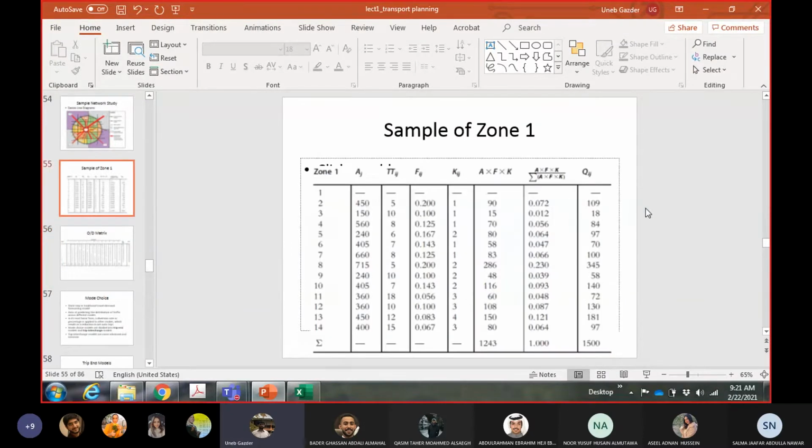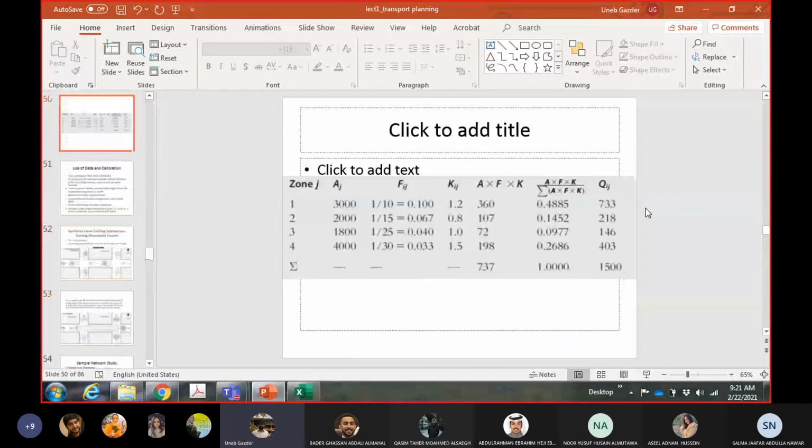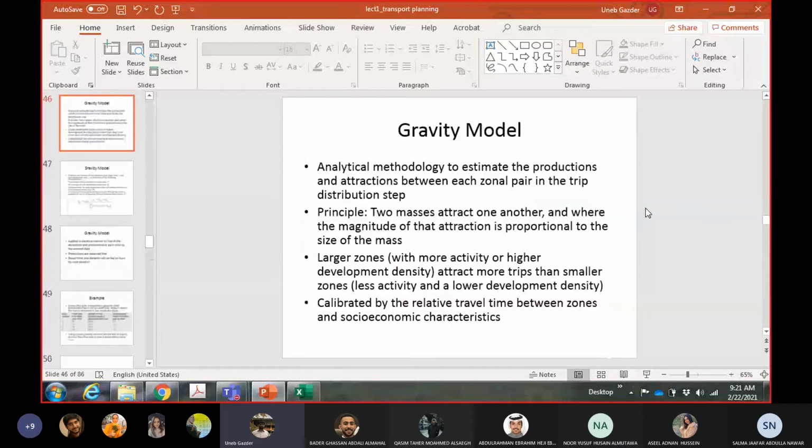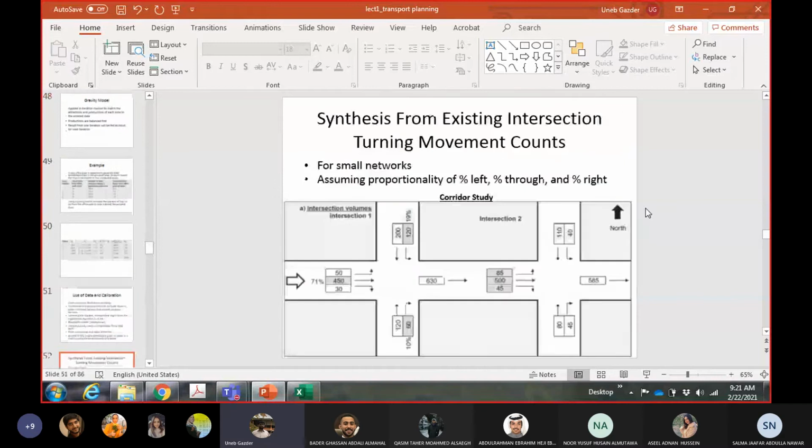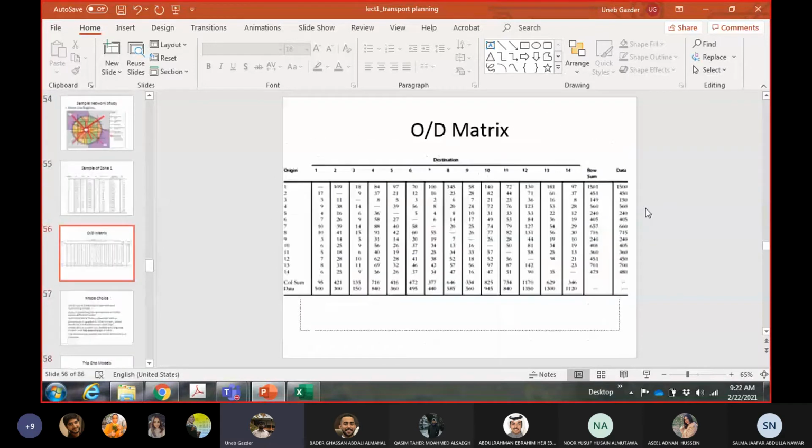Let me go back and check something else which has just come into my mind, because we are using a factor of, no, for zone 2, again they are using 450. So they did not apply any adjustment to trip productions there. I thought they applied maybe some adjustment to trip productions, but trip productions for the other zones are the same. Obviously for the first zone it should have been 750. But anyway, we are just assuming that this OD matrix is correct.